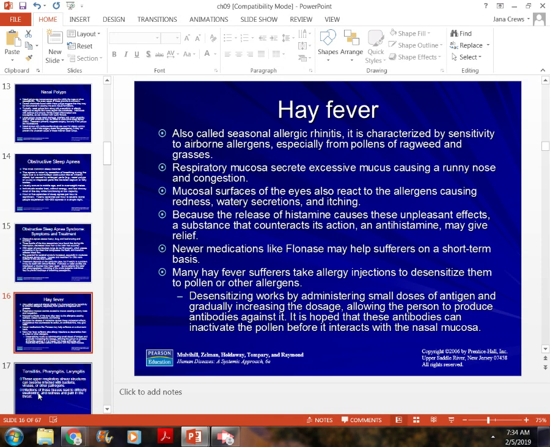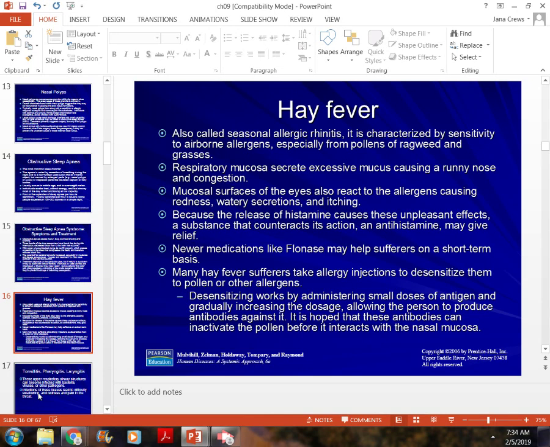Hay fever is something we think about. Many of us have it. It's also considered seasonal allergy. So those of you like me right now, I tend to have weird seasonal allergies. I have more in the fall than I do in the spring. A lot of people have a lot of allergies in the spring. They can be pollen related, ragweed, grass, molds, different things can cause these seasonal allergies.